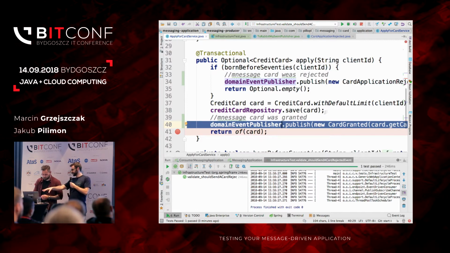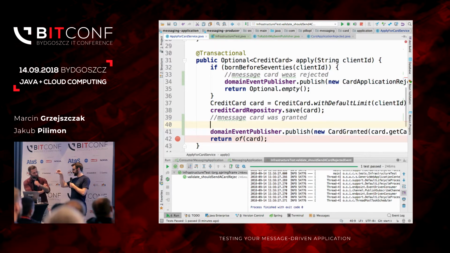Let's start with this. We try to store. Let's say we run the save thing. We wait until we get out of the method. We send the message. The message was sent. We get out of the method, and the transaction is rolled back because we were unable to save it. So there's no problem, because we have just told everybody in the world that the card was granted, but it wasn't. It's called eventual consistency. If by eventual you mean never, then yes. It's an extreme case of eventual consistency. Yeah, it's called never.